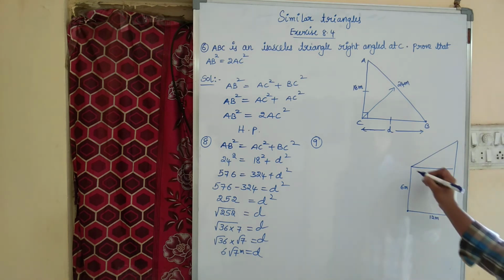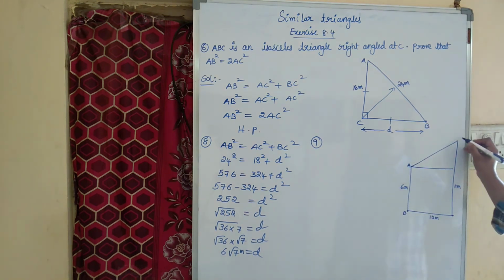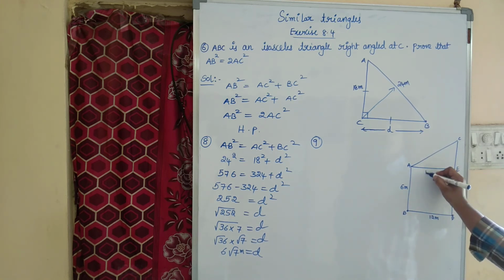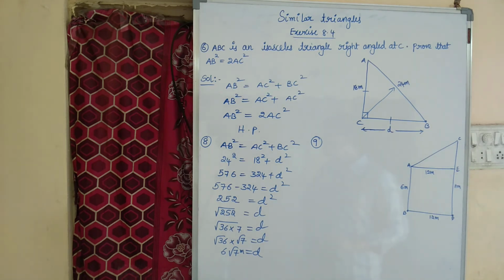So this is the first pole AB and this is our second pole CD. First pole height 6 meters, second pole height is 11 meters. This stands on the plain ground. If the distance between their bottom is 12 meters, then you consider as E, this is also 12 meters. If you observe carefully, the first pole AB is 6 meter. If AB is 6 meter, then obviously BE is also 6 meter. Then what about CE? Because this total length is 11 meters. Till here 6 meter, then obviously this will become 5 meters.